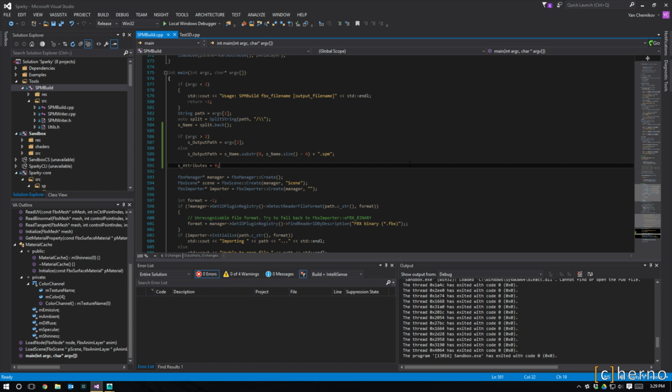Now, this is the first, I guess, official tool that I'm actually using now, and basically it is over here and it's called Spm Build. So this was one of the things that I decided that I needed to do this week because of the kind of more complex things that I was developing. But basically the point of Spm Build is it is a tool that takes in an Fbx file and outputs